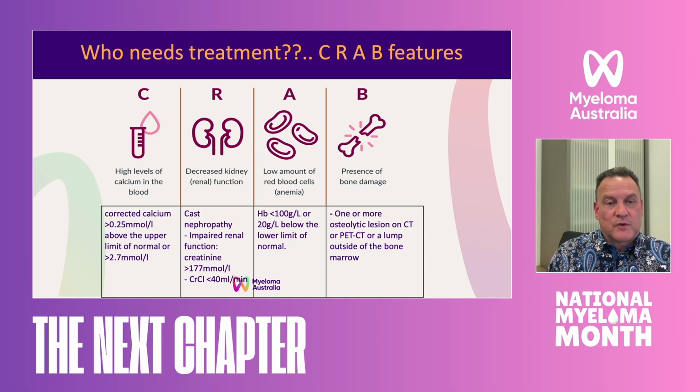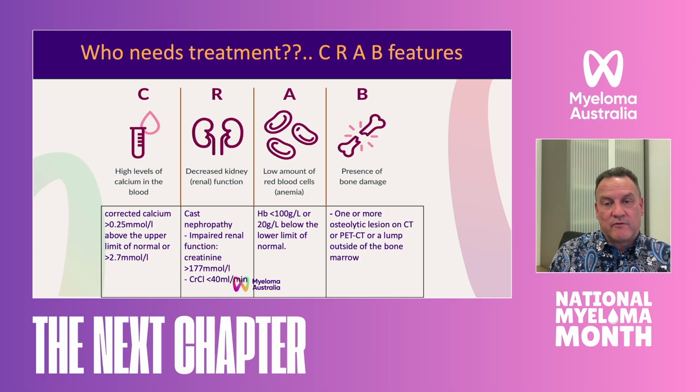And so patients with a high level of calcium in the blood are deemed to need some treatment. Patients who have abnormal kidney function, usually because of light chains being stuck in the kidney, would also need treatment. Low hemoglobin or anemia is something that tells us that the myeloma is pretty active, either taking up lots of space in the bone marrow or affecting the kidneys that normally produce the hormone to tell the bone marrow to